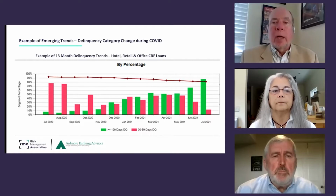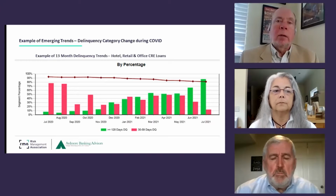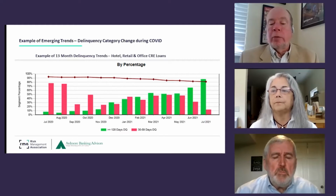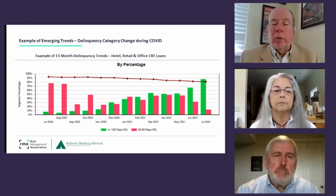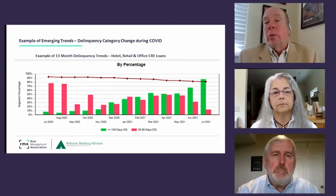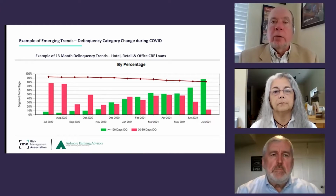So I'm going to show a slide now that is an example of some metrics that some institutions are using to help identify emerging risk. This slide that you're seeing is a basic portfolio trend over 13 months. And what we're looking at is delinquency in particular areas of risk. So we're looking at three segments, which in this sample are office, hotel, and retail, and a pattern of delinquency